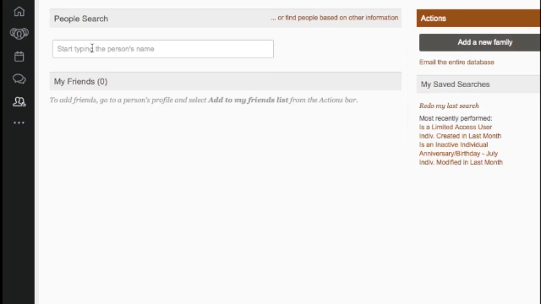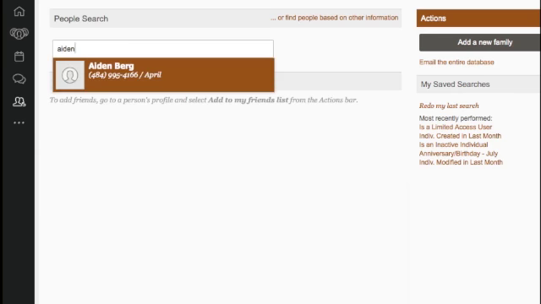But anyone else in the system may be able to see your address, may be able to see your phone number, and maybe that information you want to keep to yourself. You'll be able to go in and set your settings to keep that information private. So I'm going to use my son's profile. I'm going to search Aiden